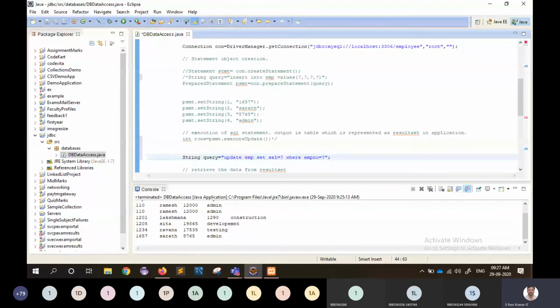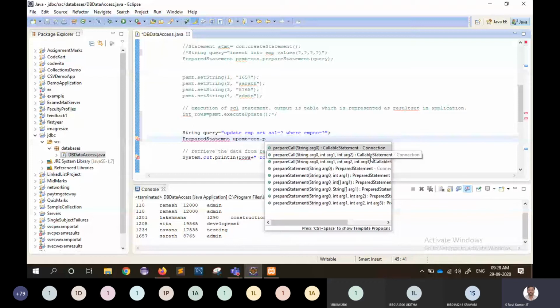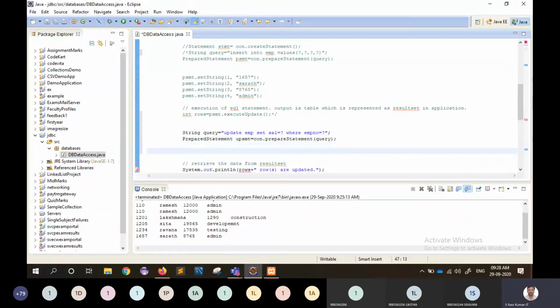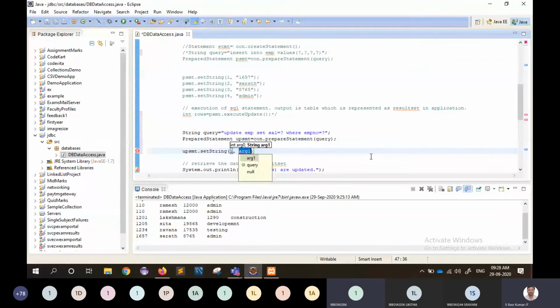Next step. What is the next step? We have to create pstmt equal to con.prepareStatement, and we have to pass the query itself. And then what is the next step? We have to set setString of first question mark. What is the first question mark? Salary.